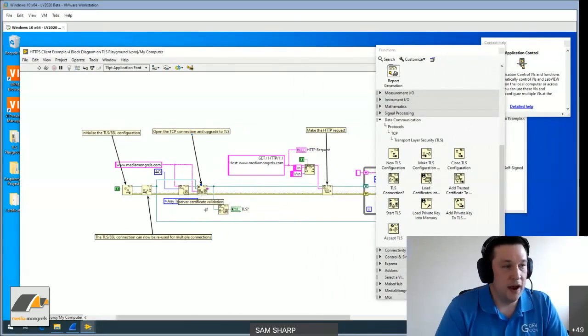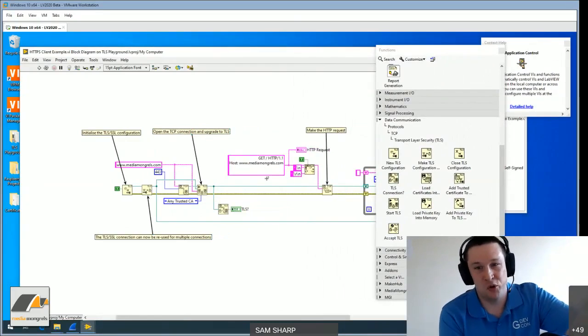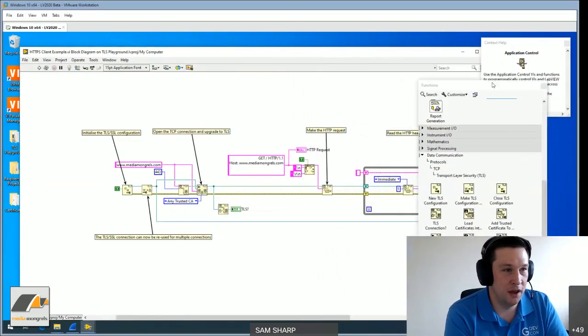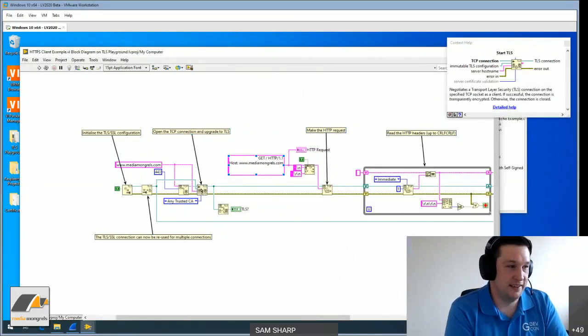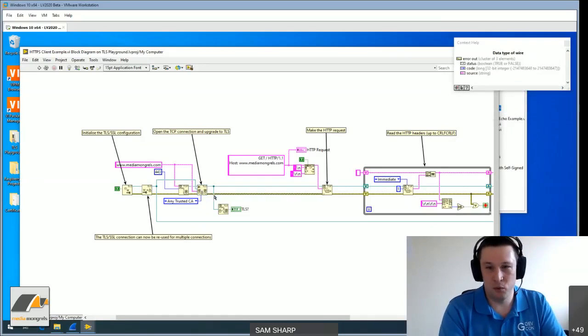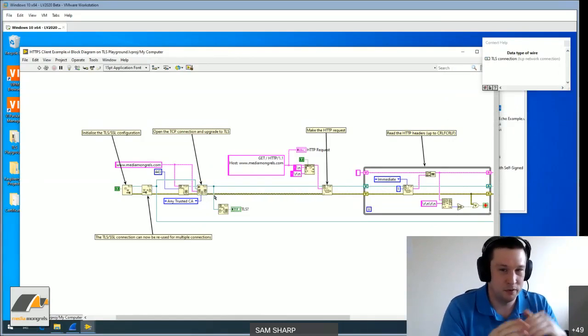So as I'm creating a client connection, I'm talking to a server, mediamongrels.com is the web server that I'm talking to. In this case, I am calling start TLS. What this does is it upgrades our existing TCP connection to use the TLS configuration. And assuming that all is well, what that function actually does is it goes off and performs a bunch of handshaking. It sends certificates and keys backwards and forwards. I'm not going to go into the details of that,